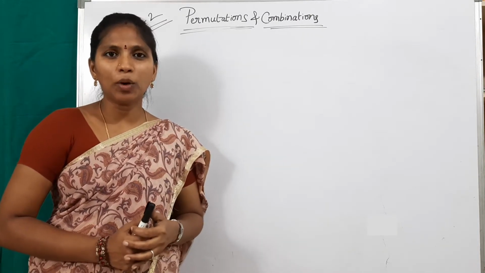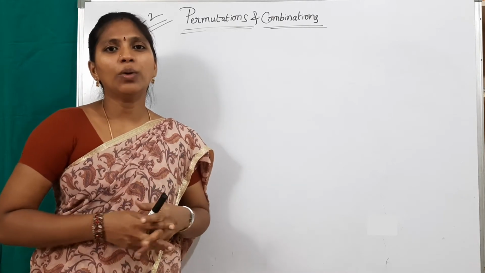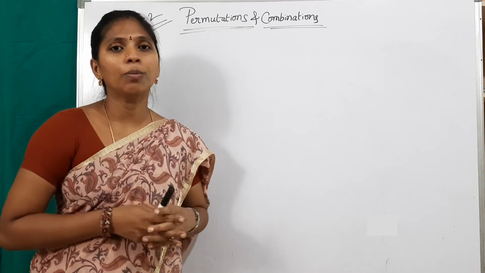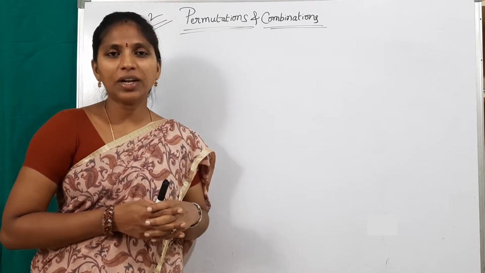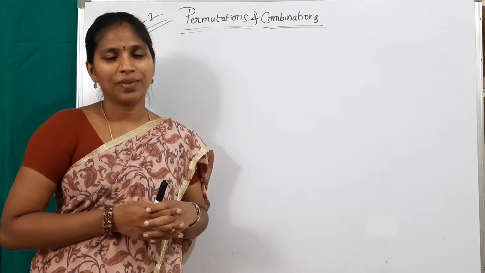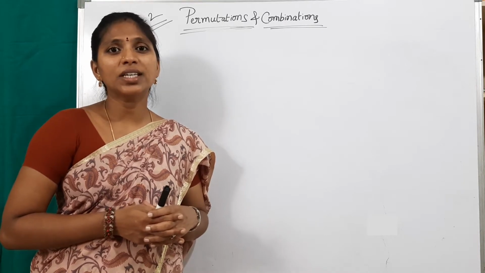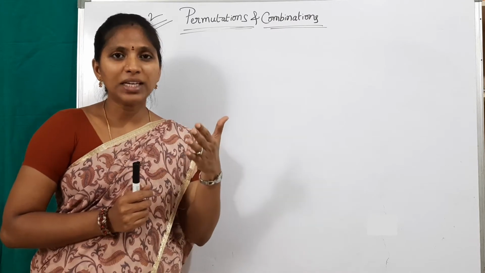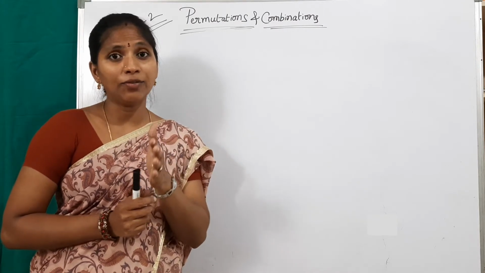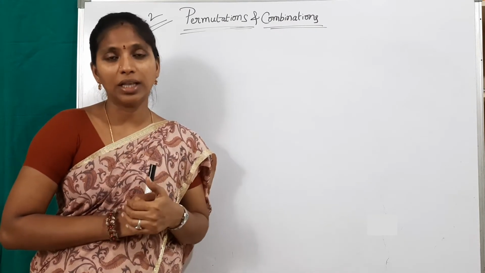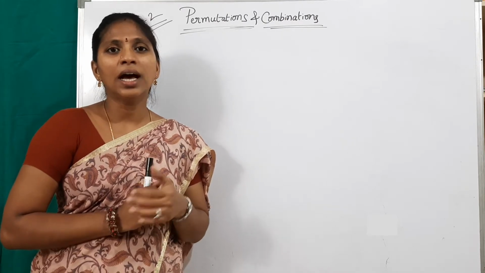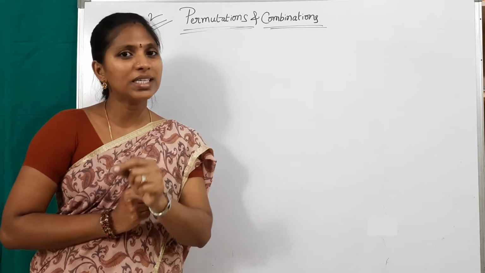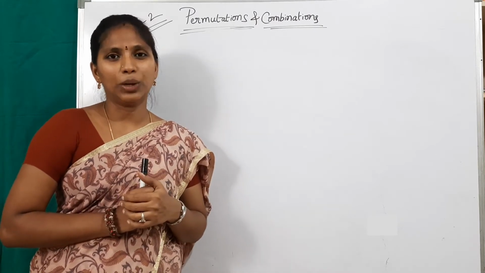It is very important. In this video, I want to explain what a permutation is, what a combination is, and what the differences are between these two. Permutations are related to questions on numbers. If repetition is allowed and if repetition is not allowed, there are two cases in number-related questions: one is repetition is allowed and the other is repetition is not allowed.